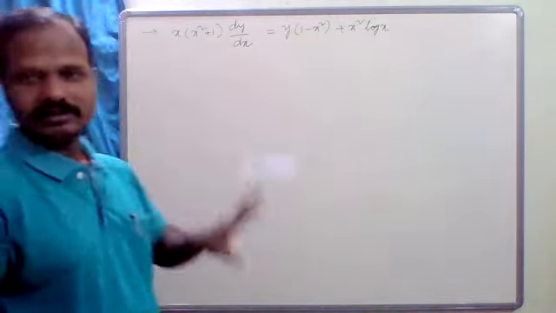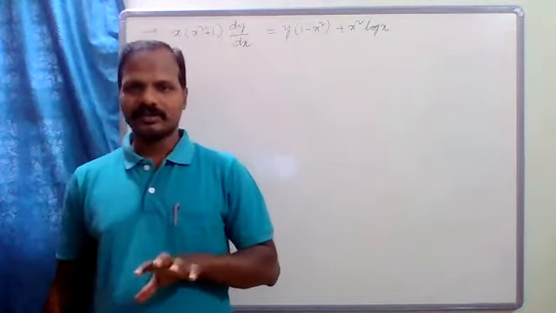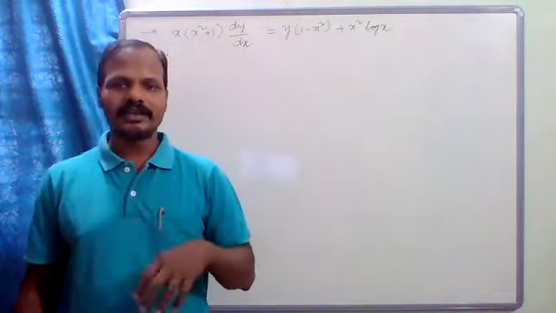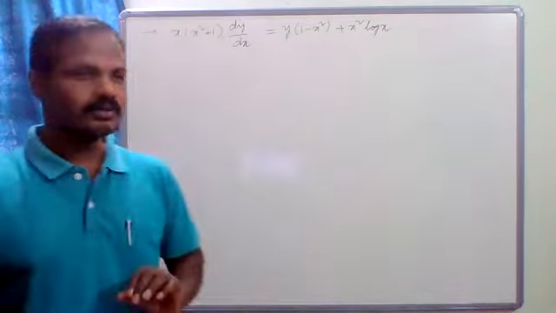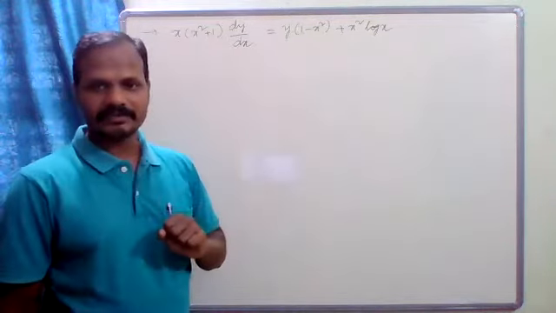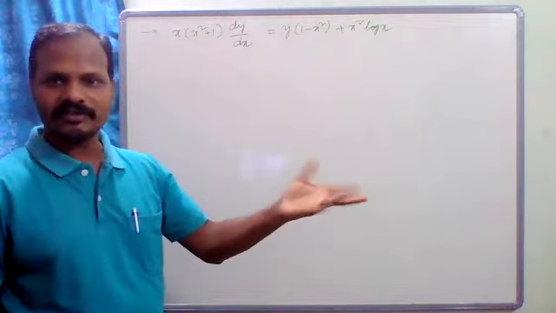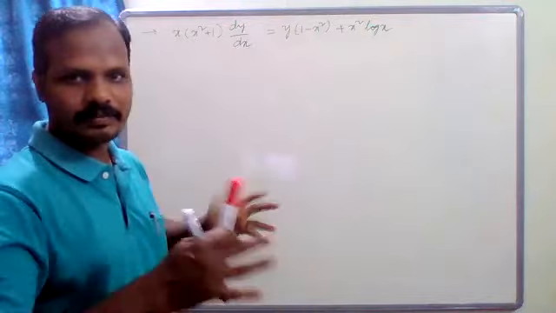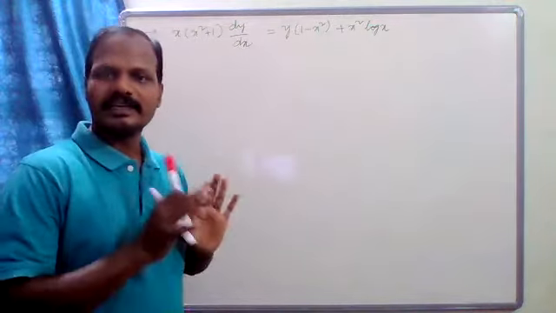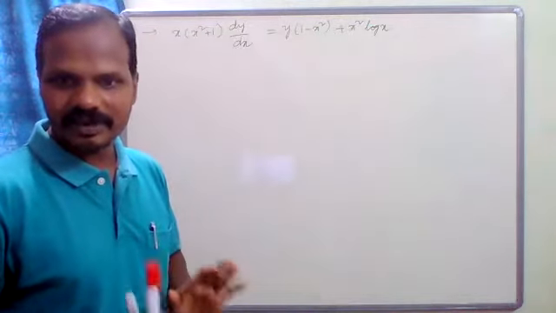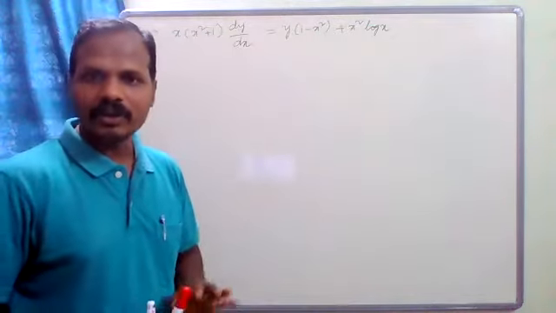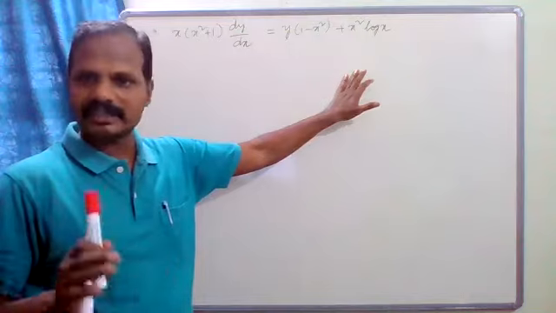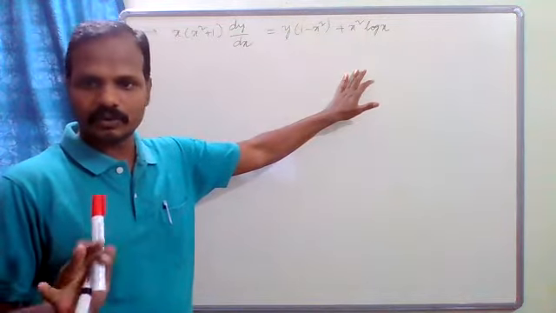See, first, whenever the problem is given, first of all, you have to check whether it is linear or not. If it is linear, linear in x or linear in y. Here dy by dx is there, so then you have to search for y. Here y is there. They are separated, not multiplied, so obviously it is linear in y. Then you have to convert this equation into the form of the first case, that is dy by dx plus py equal to q.